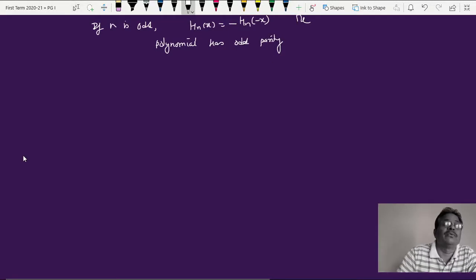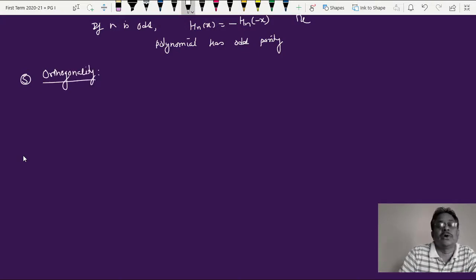This is the last property, and the last statement I am supposed to give here is again orthogonality. So the fifth property of this Hermite polynomial is orthogonality. Now what we discussed yesterday regarding orthogonality in the case of Legendre polynomials, the same thing is applicable here too. But this orthogonality condition plays a very important role in quantum mechanics when we go for solving the quantum mechanical simple harmonic oscillator. So you will understand these things when you learn quantum mechanics, maybe in the next semester or in the current semester, wherever it is. Okay, so let's write the brief and then we'll finish.